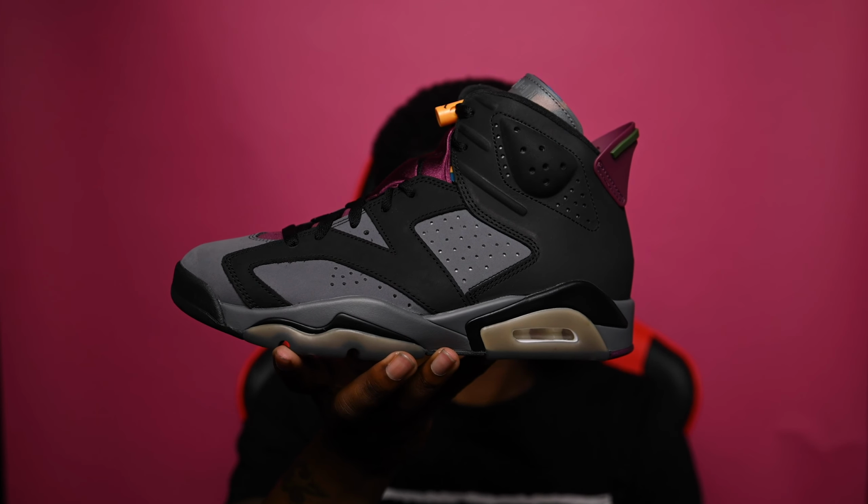All right, hold up. That's weird because the 7s, of course, don't come with them. But spare laces is starting to become more of a common thing. I think people are starting to do more lace swaps. So I think that spare laces is going to become the norm eventually. But Air Jordan 6 Bordeaux,